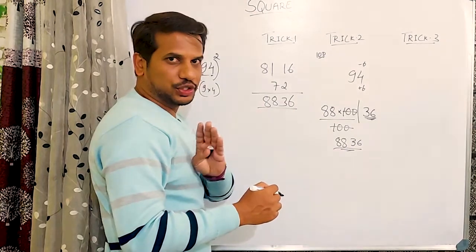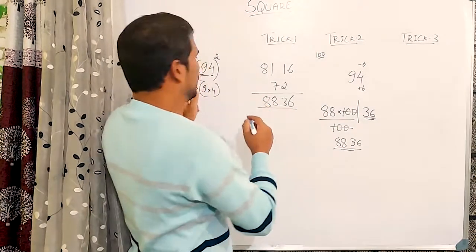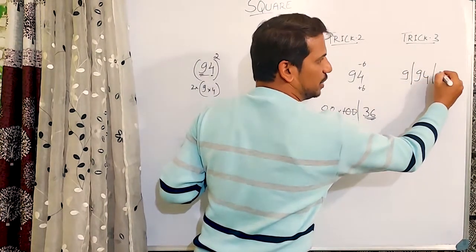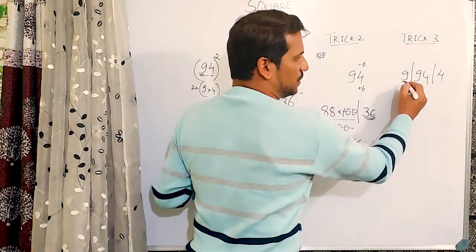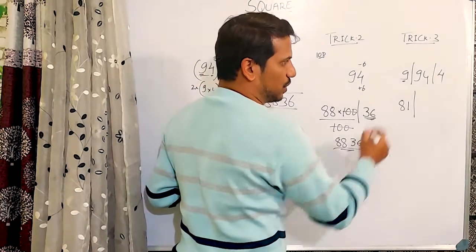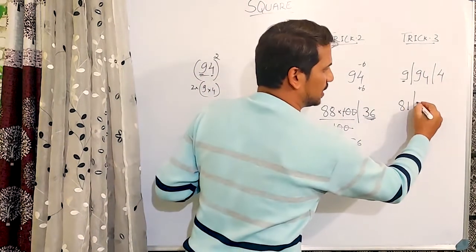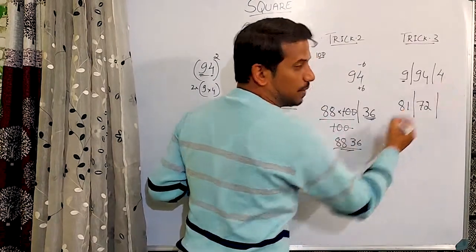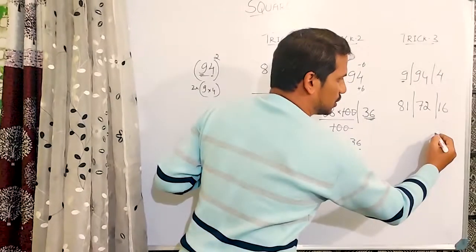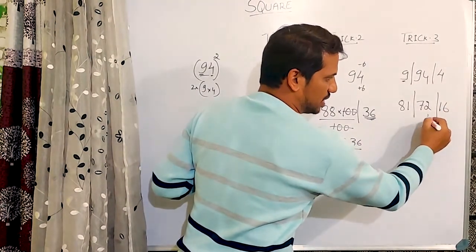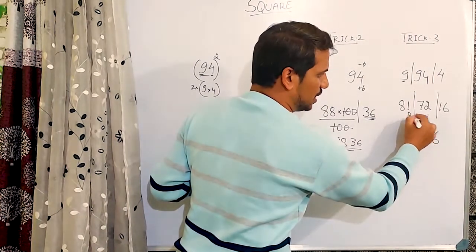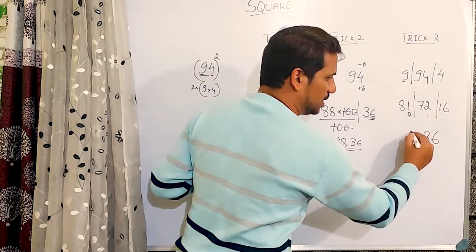In trick 3, we will use the duplex method. So duplex, how to find out? Duplex of 9, duplex of 94, and then duplex of 4. Duplex of a single digit number is nothing but its square. And duplex of 94, 2 into 9 into 4, that is 72. Duplex of 4, that is 16. Now let's use the substitution method. So 6, let's take it here. So 73, and we will take down 3 here, 7, let's pass it on here. 81 plus 7, that is 88.